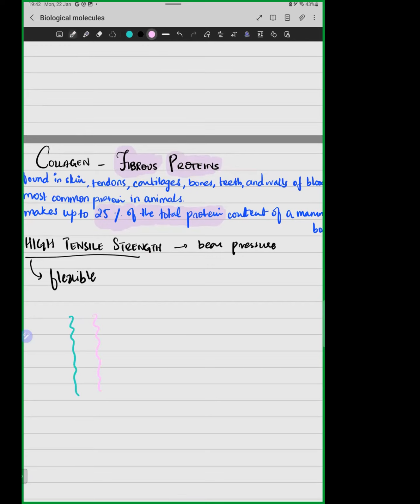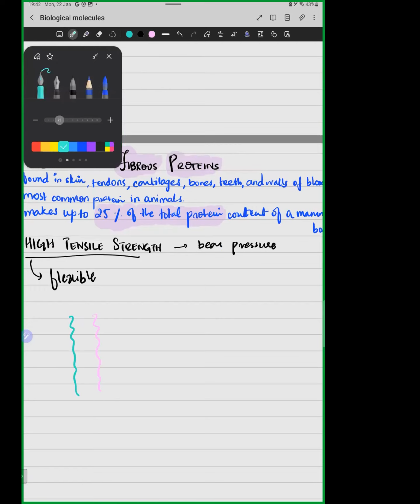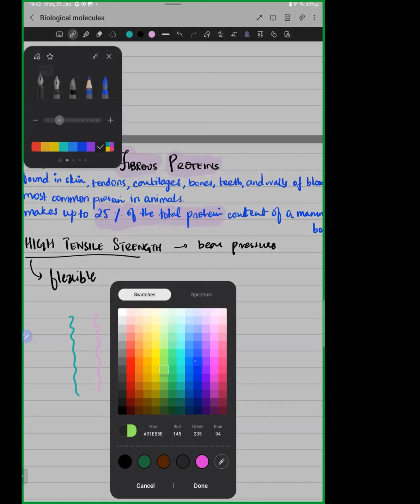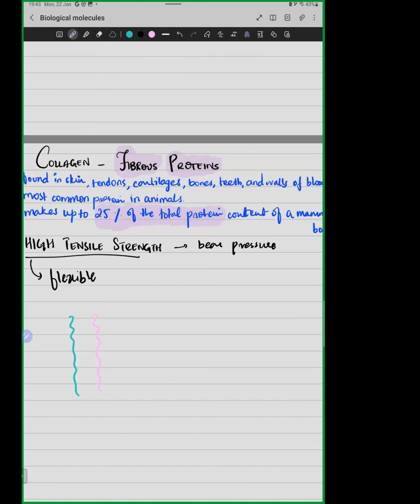Actually, now what is helical? Helical is basically spring-like. So they're basically spring-like. So there, it is made up of three helical polypeptide chains. Now I want either one of you to answer that since collagen molecule is made up of three polypeptide